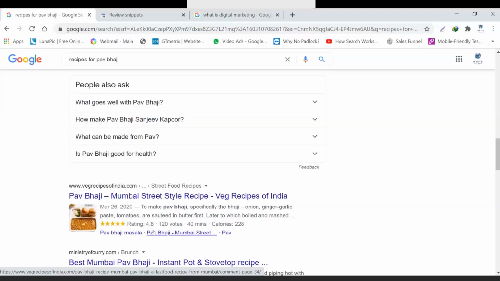Somebody going through a lot of search results would obviously want to click on a result which is giving so much other information apart from the conventional ones, which are these and these. So obviously somebody would prefer to click on results which have these kind of ratings, votes, minutes it takes to cook this recipe and the calories involved. So people tend to gain attraction over the various other search results.